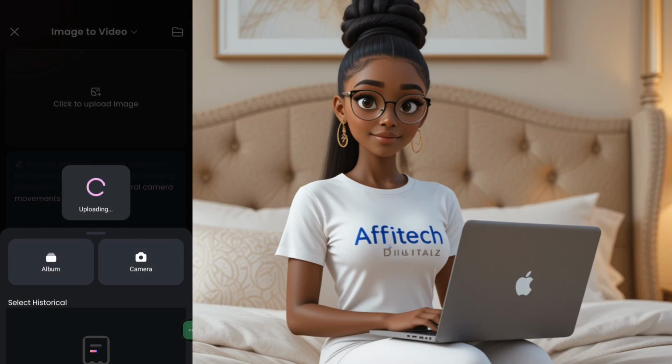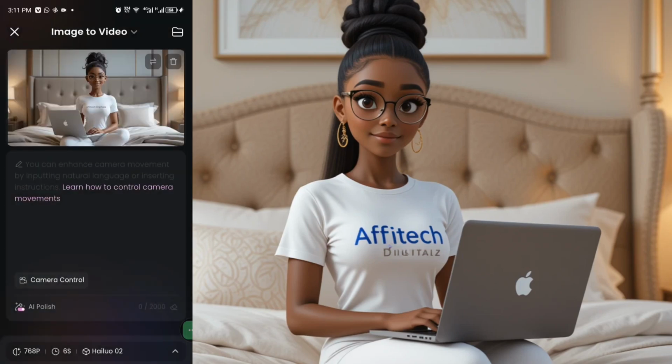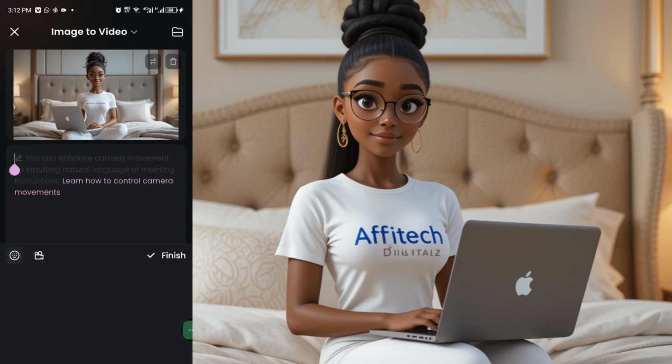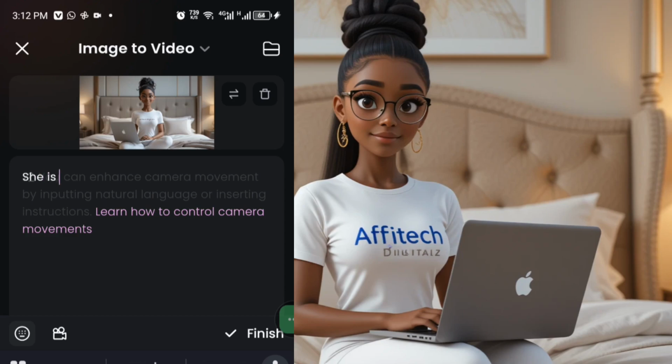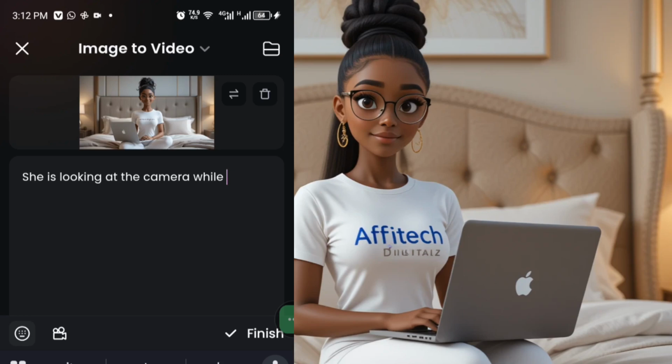Then you are going to give that image a prompt. You click here, and you say something like, she is looking at the camera while moving ahead slightly, and her hands slightly.